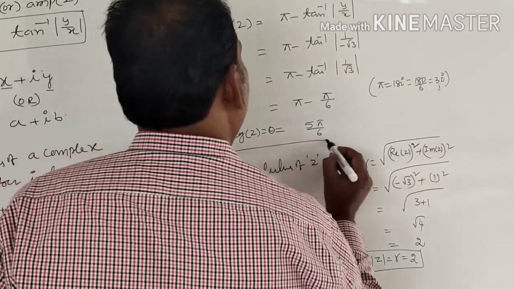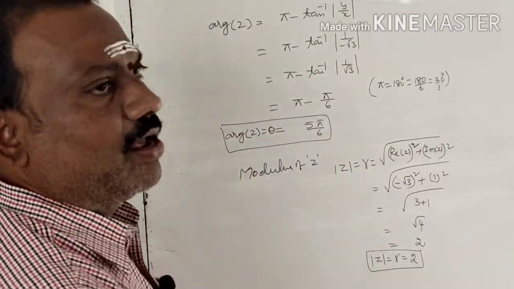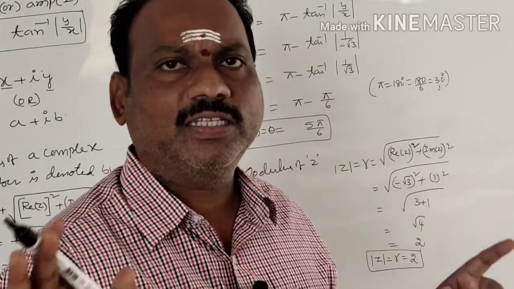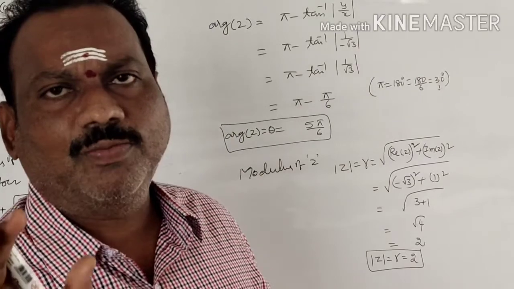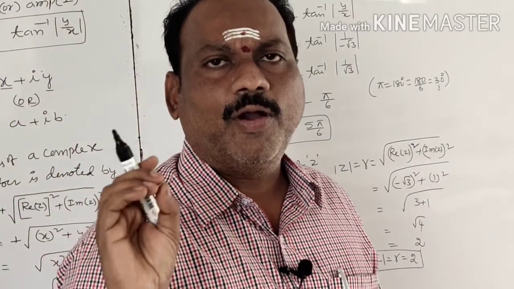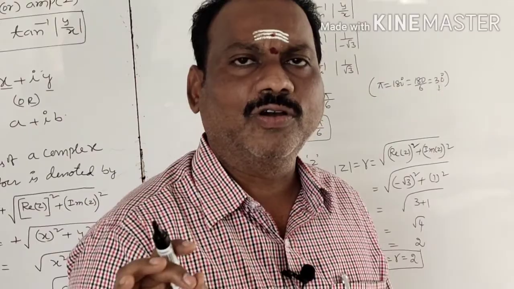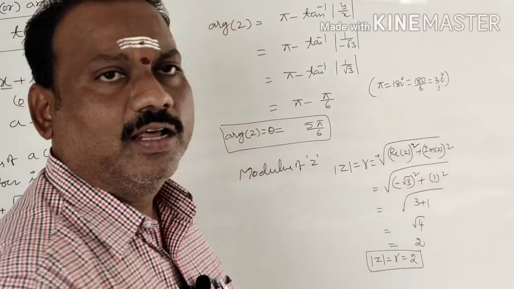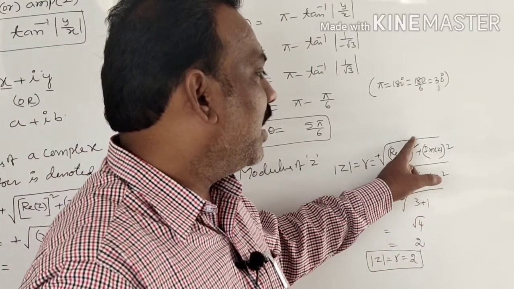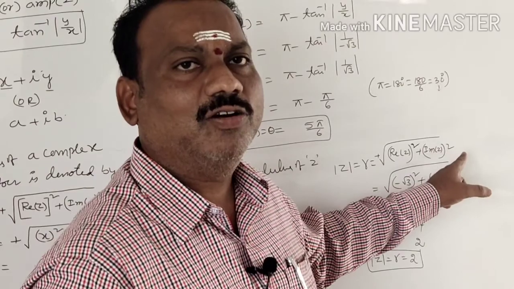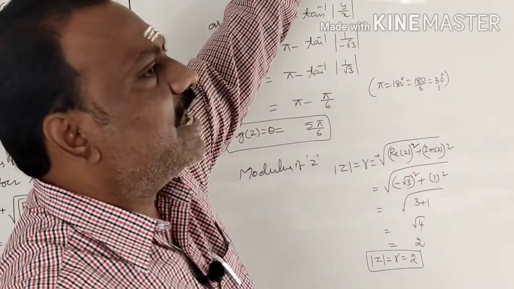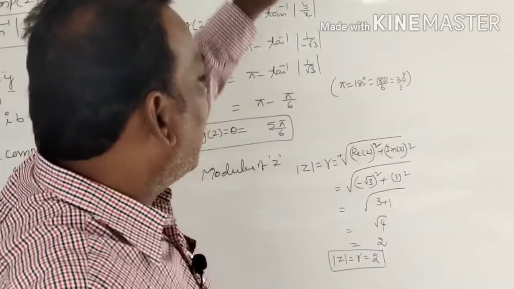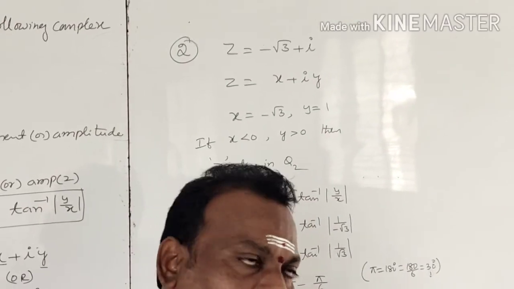This is the argument of a complex number. So we completed modulus and argument. So whatever the problem is given, we have to calculate modulus and argument. You just recall the modulus of a complex number formula. Modulus of a complex number z is equal to under root, positive value. Remember, students, under root real part of z the whole square plus imaginary part of z the whole square. If you compare with x plus iy, x value is always real part, y value is always imaginary part. You can substitute, you will get it.